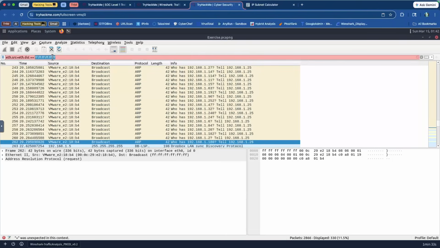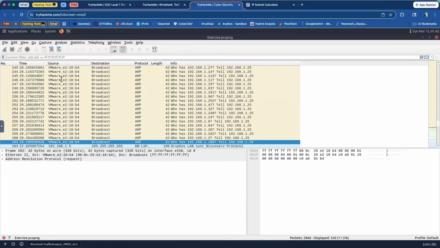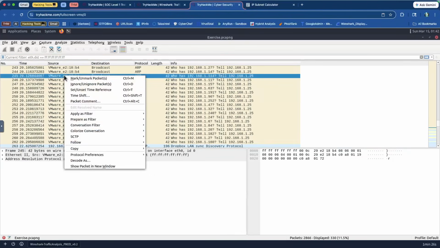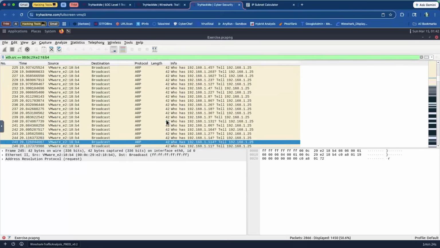So if I cut that, can I cut that? I don't think I can cut that. There you go, I cut it. Okay, perfect. So if I go ahead and use this as a filter, and then we can say